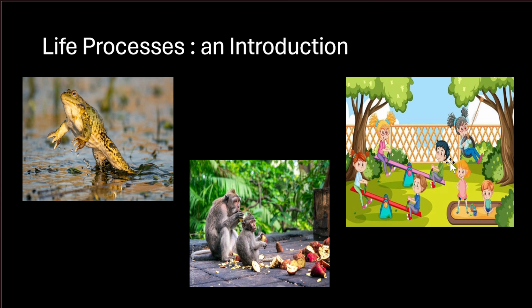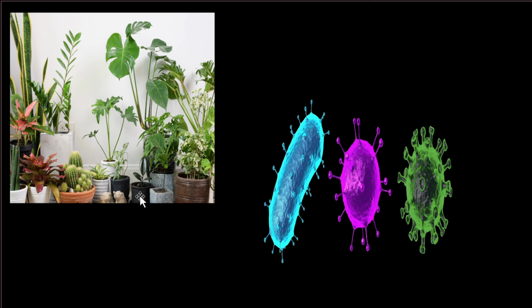So, we come to know this on the basis of some assumptions which are in our mind, right? We know that they are moving, so they are living, or the frog is jumping, so it is living. So we have certain criteria which we assign to an object as living or non-living. These criteria are in fact the characteristic features of living beings. Plants do not jump. So are they non-living? No, they are also living.